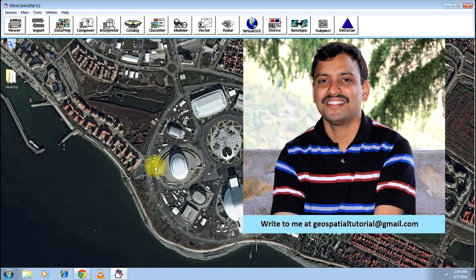Today we will be learning how to extract an area of interest or study area from a satellite image. This is also called a subset of an image. Typically a satellite image will spread across hundreds of square kilometers, whereas our study area might be limited to only a few square kilometers. Doing the analysis for the entire image is time consuming, tedious, and also difficult. Also remember that depending on the extent of the area, the results you get may also vary.